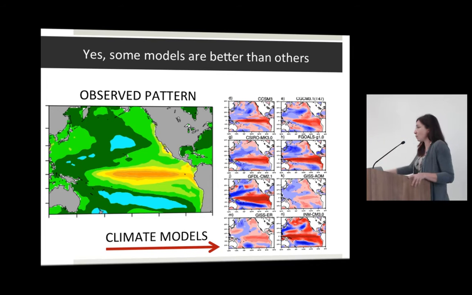So don't knock any of these models. Just the fact that with pure physics and nothing else, you can get a model to produce an El Nino is amazing. But it's clear that some of these models are too weak, some of these models are too strong, and some of these models are just right. Goldilocks.